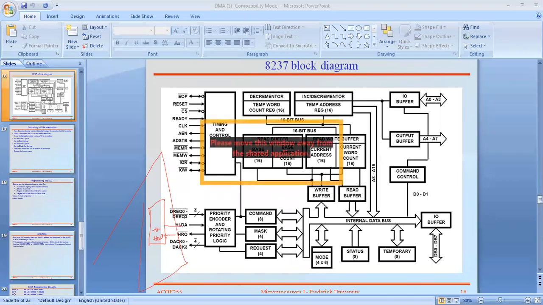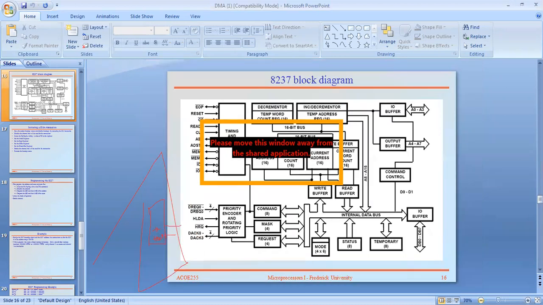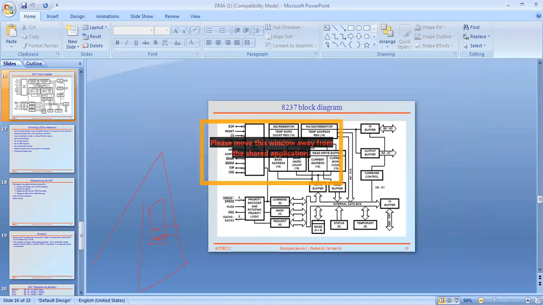Similarly, it also has a read write buffer. The read write buffer has a read current address.